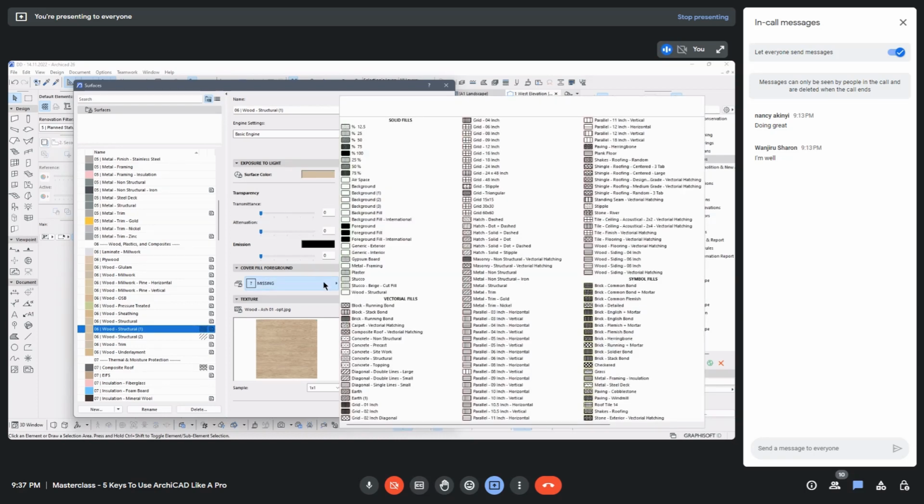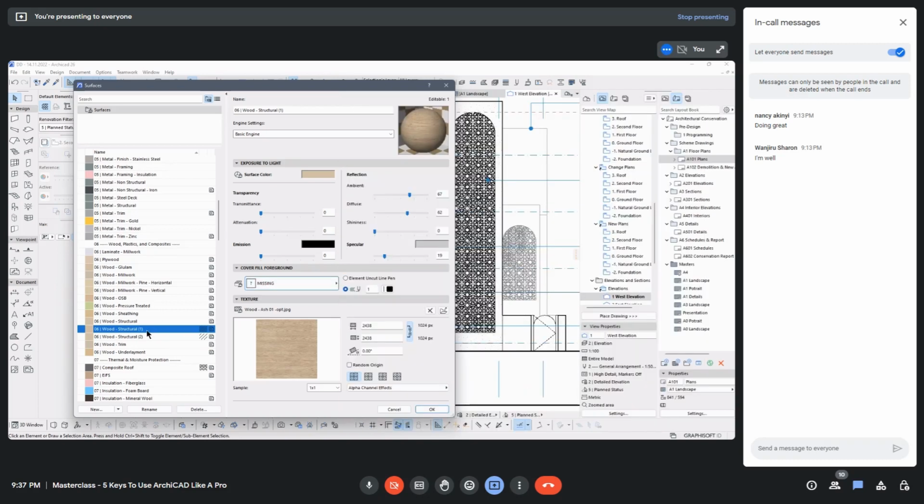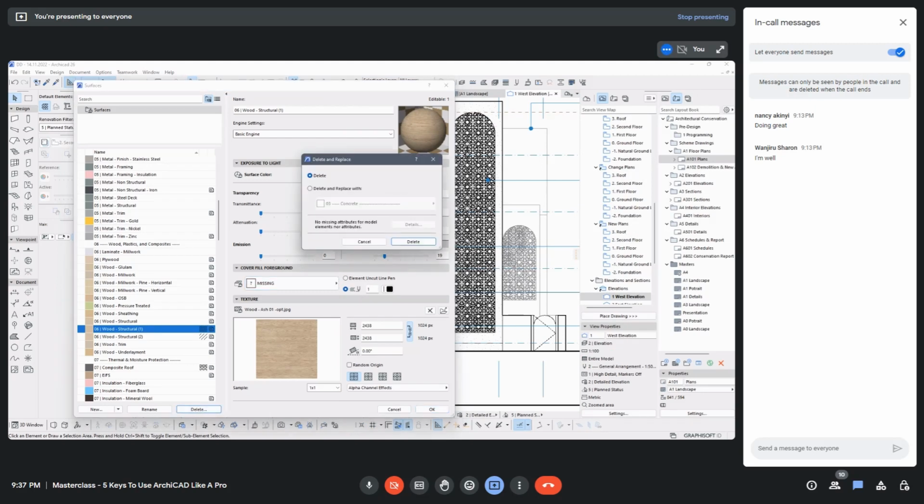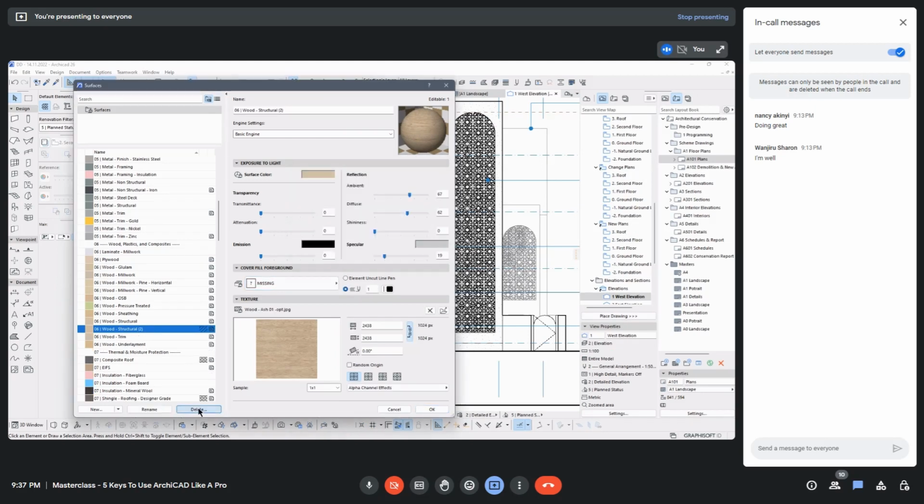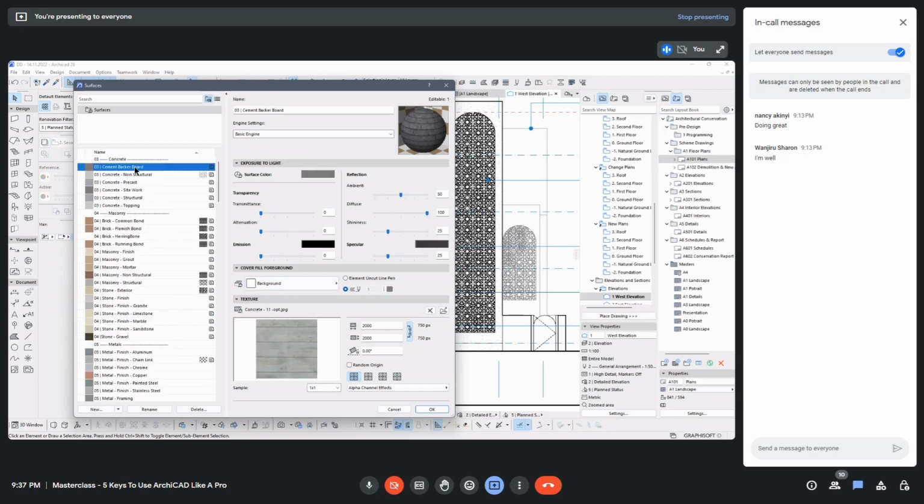So if that's missing, it means that this is a copy. This is actually a copy, so I can delete that. No missing attributes. Can also delete that. No missing attributes. Okay, so that's in order. So that's the settings on